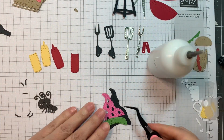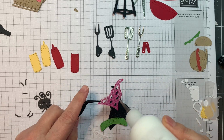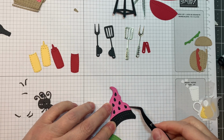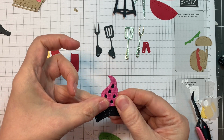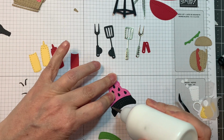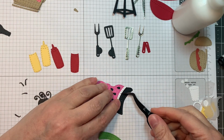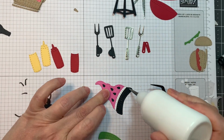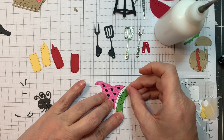Okay, so I'm going to start out putting together this watermelon hat. I cut out the pink, that is from the Rainbow Petite Prince Doodlebug Gingham linen on the linen side in that hot pink. And I cut it out of black American Crafts cardstock first, so you can see the little black seeds. Now I'm going to add the little strip of white, and that is Paper Tray Ink white cardstock. That's for the rind. Then a strip of new leaf cardstock from Paper Tray Ink, and that is for the